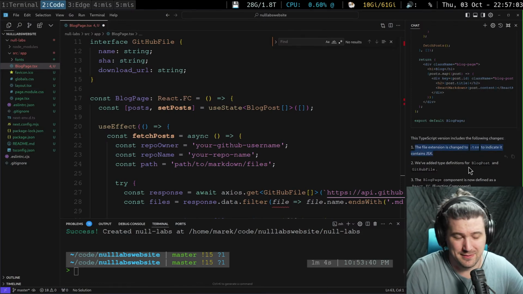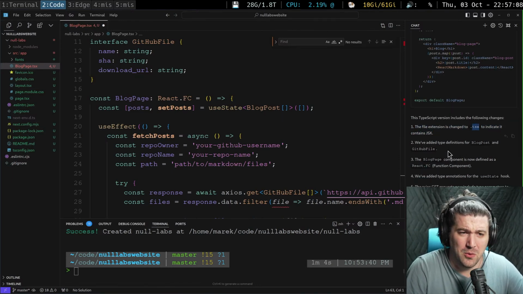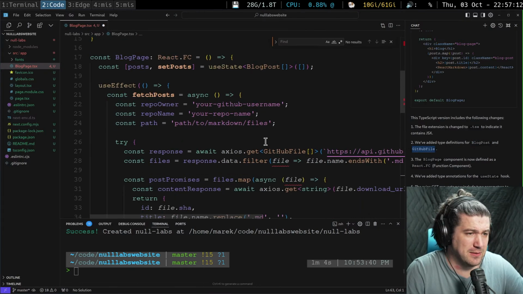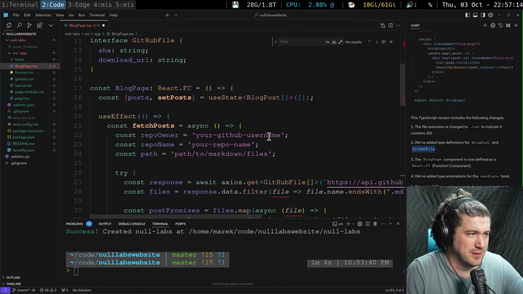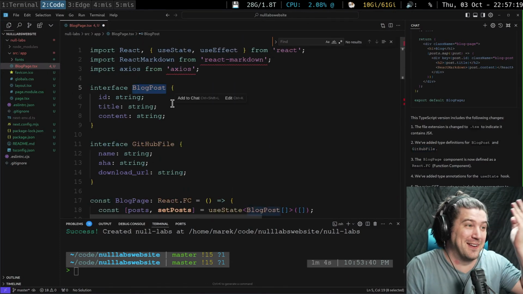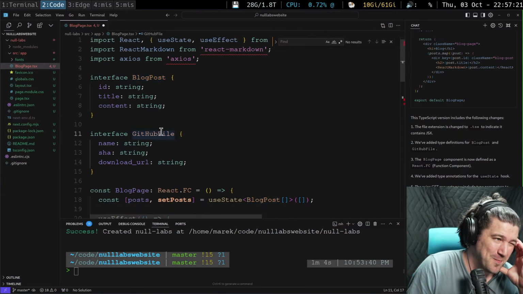I mean, it's fine, but it's TSX. We added a type identifier for a blog post and GitHub file. Did we do that? I don't know what we did. Let's just read through this really quickly. Let's see. We have an interface for blog posts. Did it get more interfacey? I feel like it got more corporate.